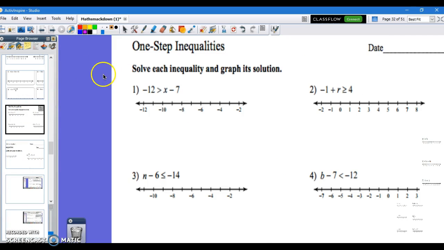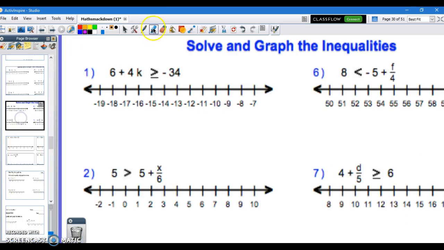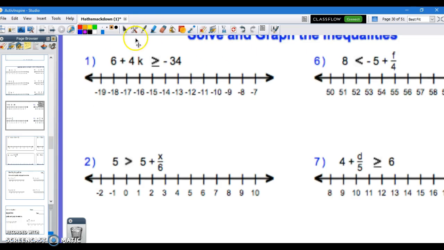But again, I'm going to concentrate in this video on doing two-step inequalities by using the worksheet that's right here, which is also in the packet, just in case you need to refresh on how to do the two-step inequality. So here we go. I'm going to solve this